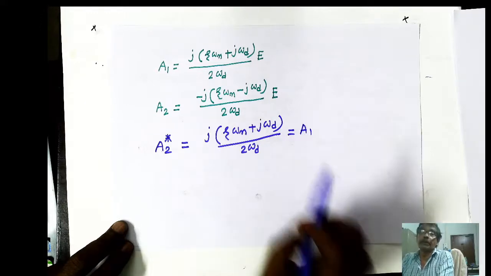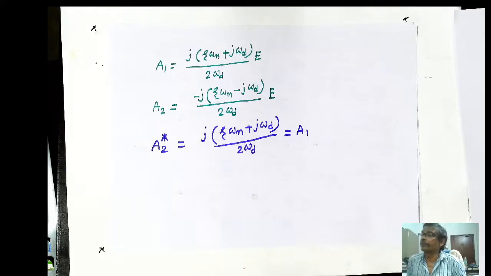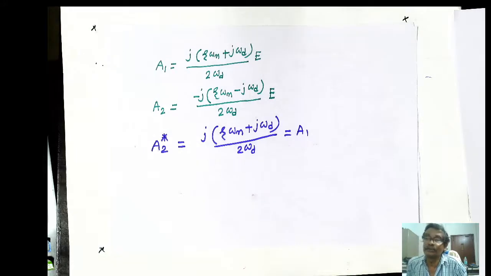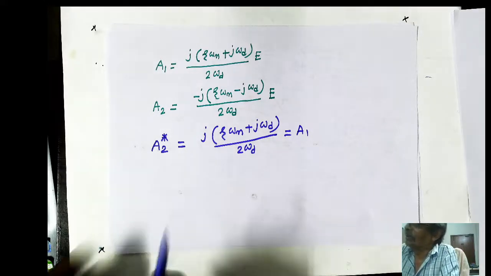That is what I want to tell. This point should be remembered. That it is interesting to note that in a second order system, if the roots are complex, then the constants A1 and A2 associated with e to the power s1 t and e to the power s2 t respectively, they are nothing but complex conjugates of each other. That is a very nice observation. Got the point? Now, after knowing this, so A1 is this.